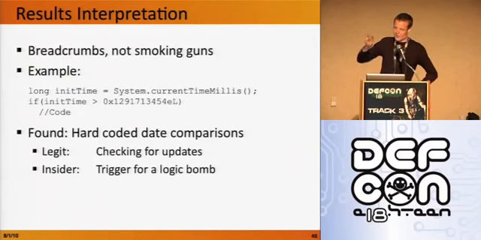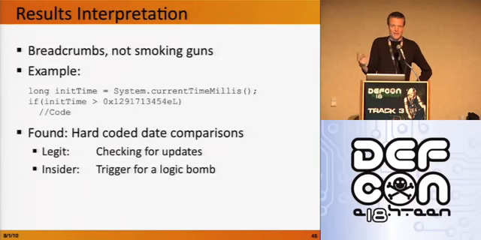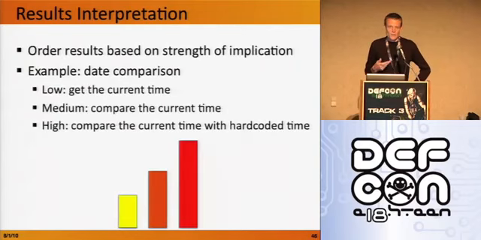And the fact that we see the two breadcrumbs that we latched onto before, accessing the current time and doing a comparison based on it, gives us a little more confidence. So in the end, what we can really do with these results is associate a strength or a priority with them, just like we would other vulnerabilities that we detected in an automated fashion. Some problems, like accessing the current time, might only give us a low-fidelity feed that it's an insider threat. There might be lots of reasons you access the current time. But if you compare that with a hard-coded time, that's pretty strange. Maybe that goes at the high end of the bucket.